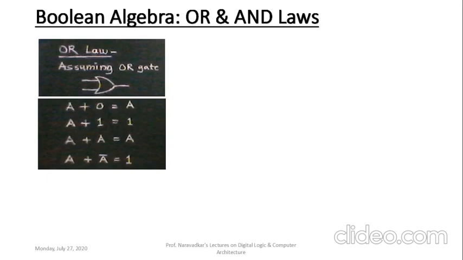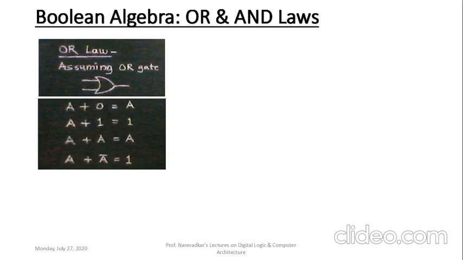Then next is A plus A, that is equal to A. Whenever both the inputs are 0, 0, say for A equal to 0, in that case the output is equal to 0, means A itself. When both inputs are 1, 1, then the output is equal to 1, means A. So A plus A, in logical OR operation, is equal to A. Not to be confused with arithmetic operation. In arithmetic operation, A plus A is equal to twice A.